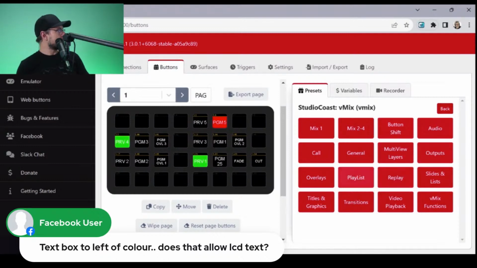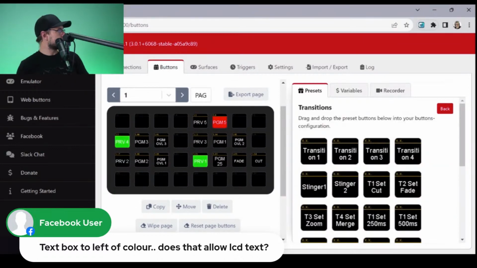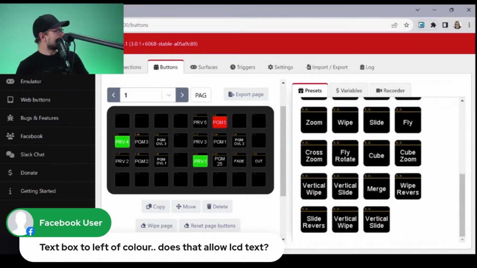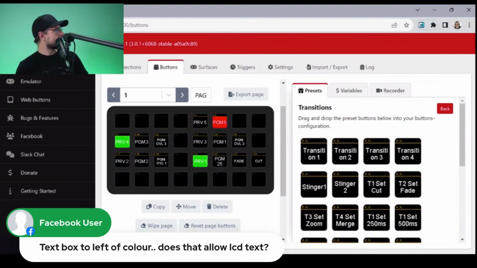So I'm not out of luck if they don't have this. But it would be amazing if we could transition on one. There's got to be an option here.